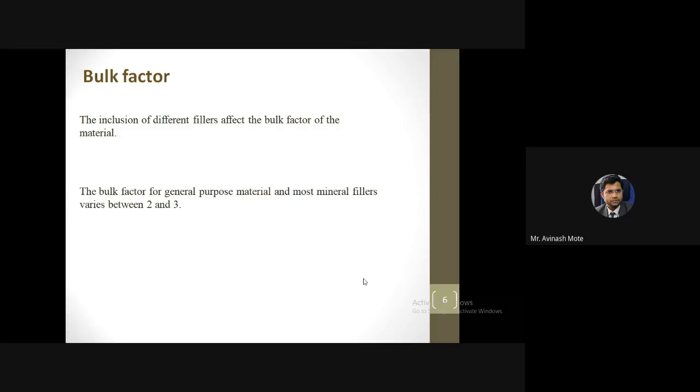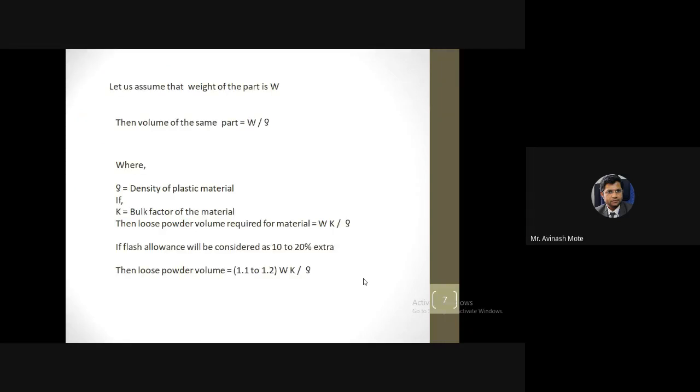So apart from considering the volume of raw material, we have to consider the volume of fillers also. So these formulations we have gone for. We know the weight of the component, so depending on the density, we can calculate the volume of the component. The volume of the component we can easily get from the design parameters also. Now we know the volume of the component.